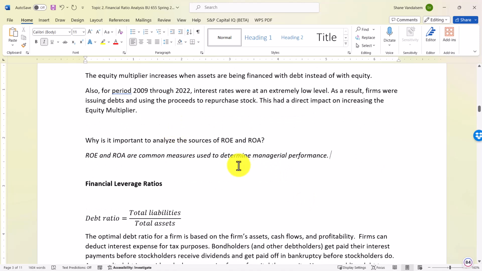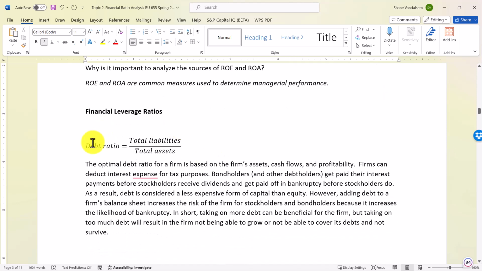The next set of ratios are related to that DuPont analysis, and it's the financial leverage ratios. The big one that we often look at is the debt ratio, which is total liabilities divided by total assets. The optimal debt ratio for a firm is based on the firm's assets, cash flows, and profitability. Firms can deduct interest expense for tax purposes, and so this, in many cases, will actually lower the cost of debt for companies because they get to subtract out that interest amount from their income,